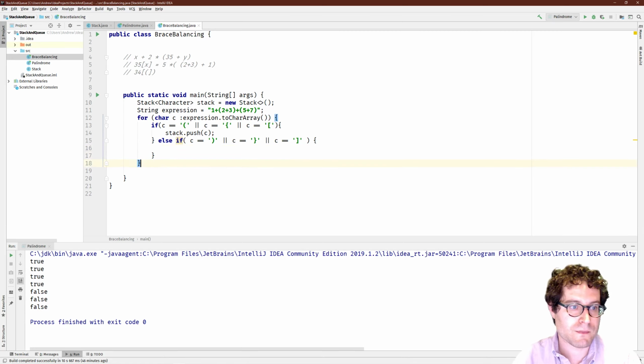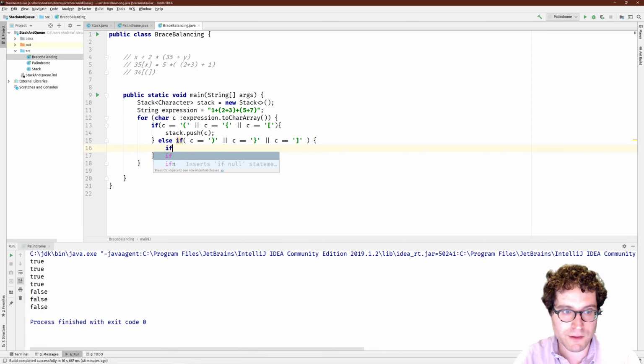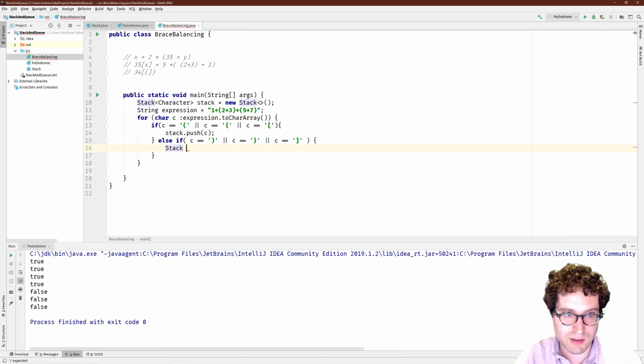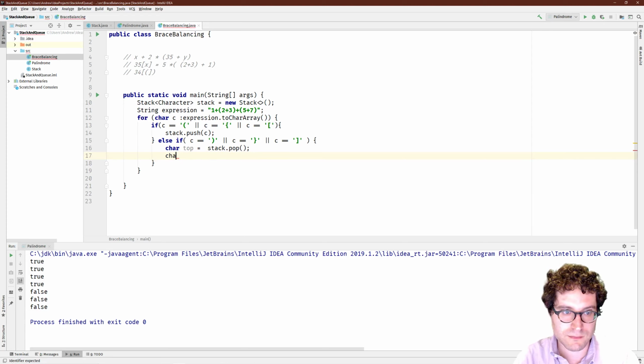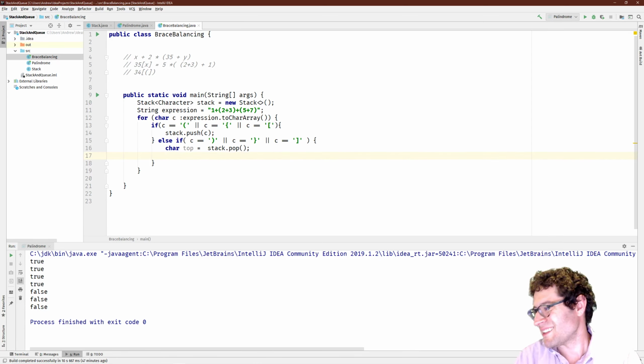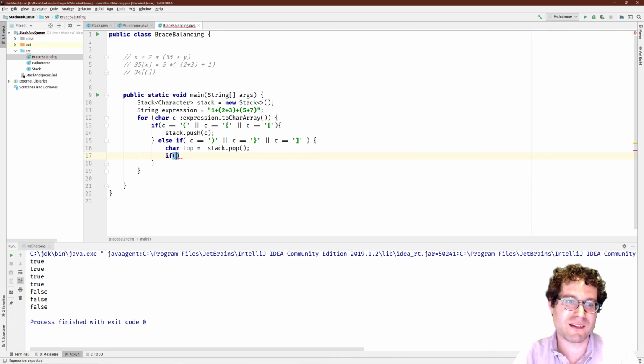So, let's see. If, so, stack, sorry, char top is equal to stack dot pop. So, all right. So now, okay, now I remember what we do. Now, we have to check if they're matching. We can't just check if they're equal, right? So if top